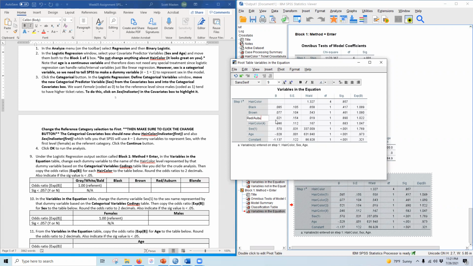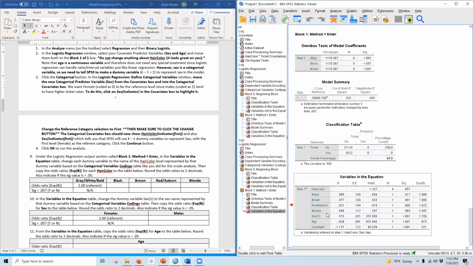Oops, auburn. And the final one is blonde. All right. And again, you don't have to do that, except that I ask you to because it makes more sense when you're looking at the output to understand it. So we can also do that for